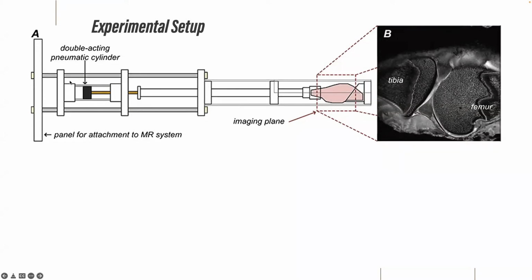And so here you can see that we have a pneumatic cylinder. It's a double acting cylinder, which allows us to compress the joint as well as retract for our unloaded portion of the cyclic imaging and loading cycle. And we potted both the tibial as well as the femoral end of the sheep stifle within the constraints of our MRI loading system. And we did all this on a 7T,